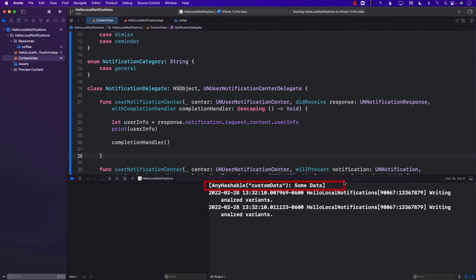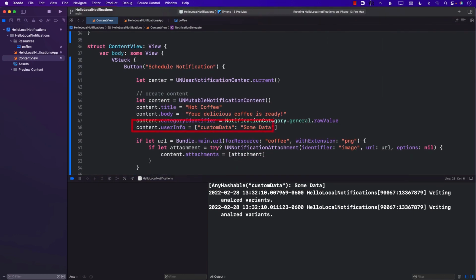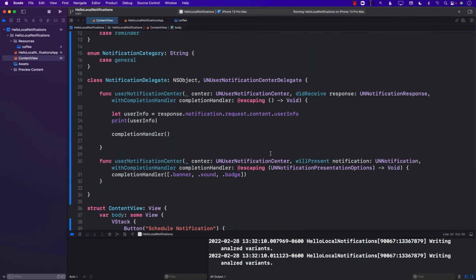So this was part of the user info, which we were able to receive right there. And this user info was injected because it was part of the content for the notification. And that's pretty much it. In this lecture, you learn about how to create notifications using Swift